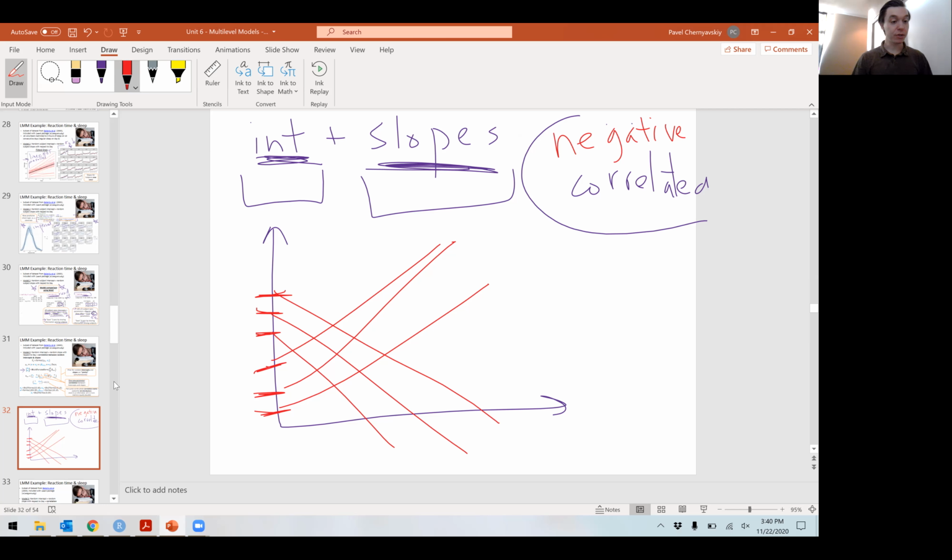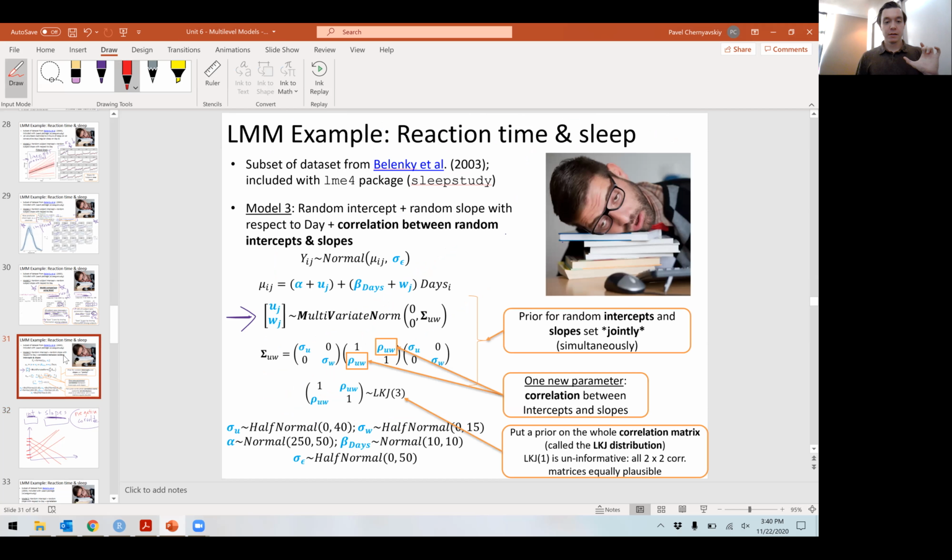Okay, so in order to allow the intercepts and slopes to be correlated, we have to introduce this correlation matrix. And the entire correlation matrix, which in this case has just one parameter, right? It's this rho parameter, the correlation between intercepts and slopes. But you can imagine that there are, okay, days and age, right? Why limit ourselves to only one slope? Here is another one,